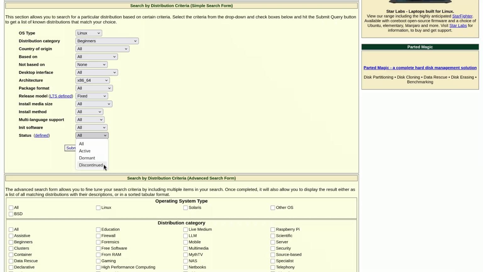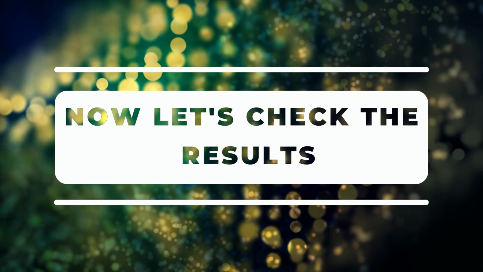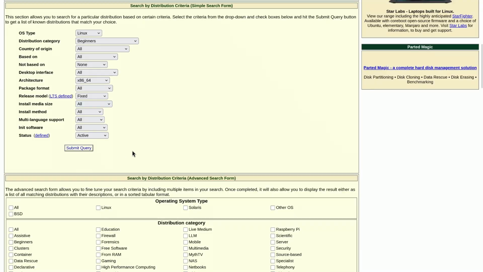So the obvious choice here is active. Because for security and stability, you always want an active distro. Plus, using a dormant or discontinued operating system is a recipe for disaster. So, I will select active. Alright, the selection process is complete. Now, let's hit the submit query button and see what DistroWatch recommends for us.